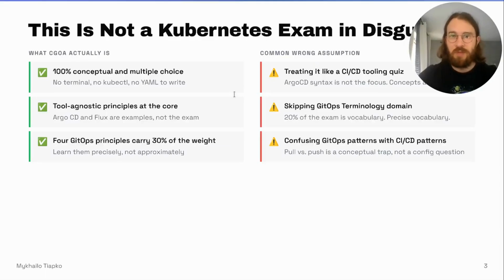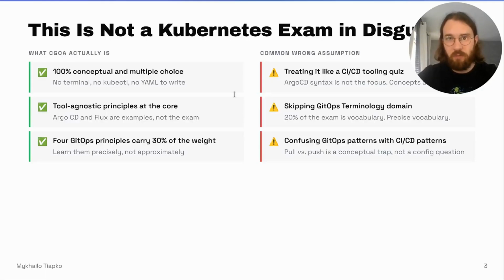The tooling is 13%, which means every 7th question is from this topic, but it's where people put 80% of their effort because it's the comfortable part: ArgoCD, Flux, the Flux CRDs, the stuff they used to work with. And this knowledge is nearly useless here. The trap is GitOps terminology, which is at 20%. Those questions use the spec vocabulary in the question stems, not just the answer choices. If you don't know what the state store means precisely, that Git is the store, not the cluster, you